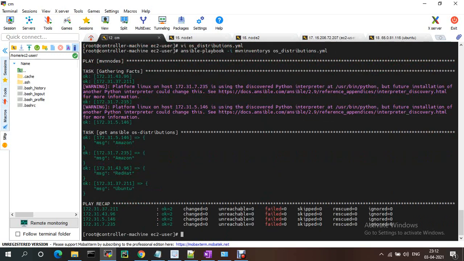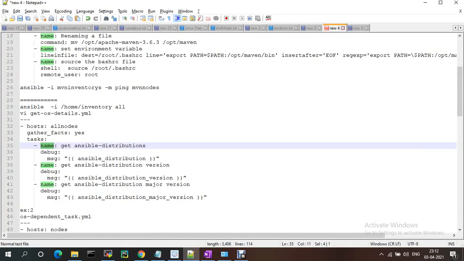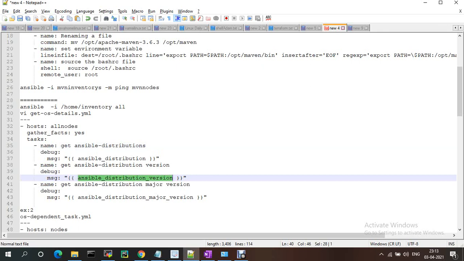See, I'm gathering the facts. Node one is Amazon, node two is also Amazon, this is Red Hat, and this is Ubuntu. So this is the correct one. Now I need to check the OS family, which is distribution version.